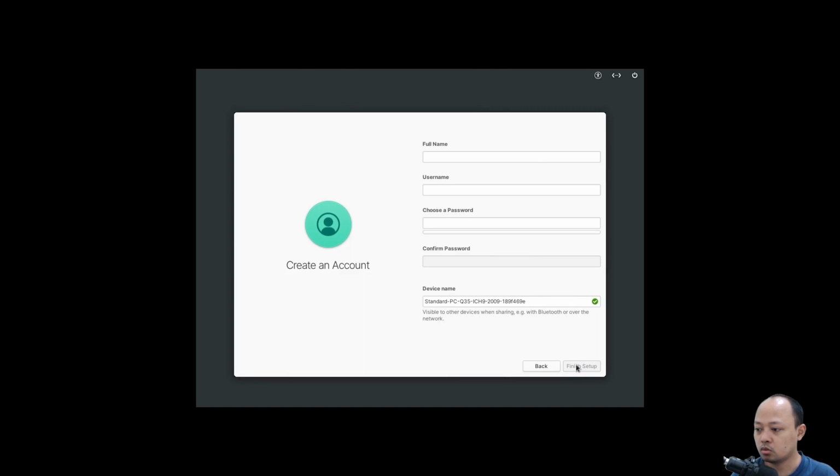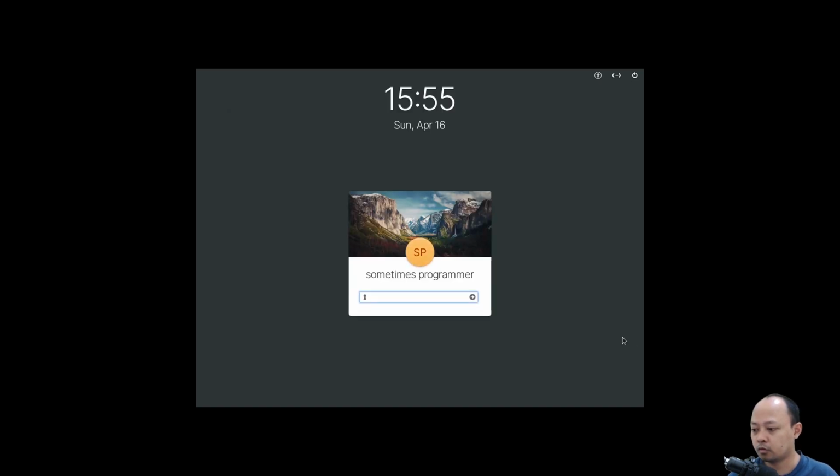Then I need to create an account or username first. Then click Finish Setup. After that, I need to log into my new account first.